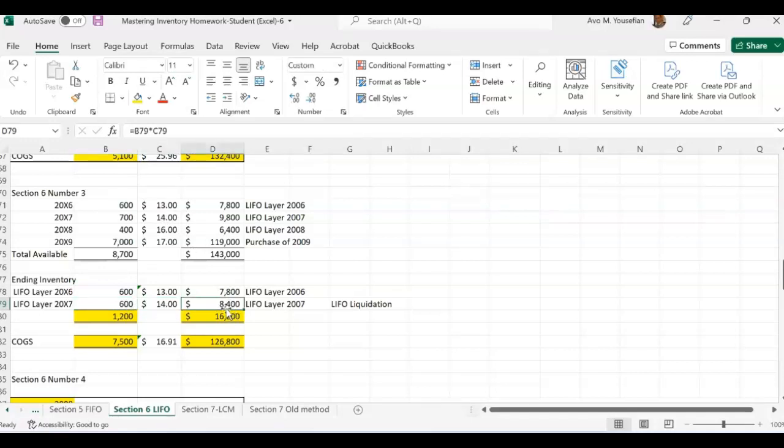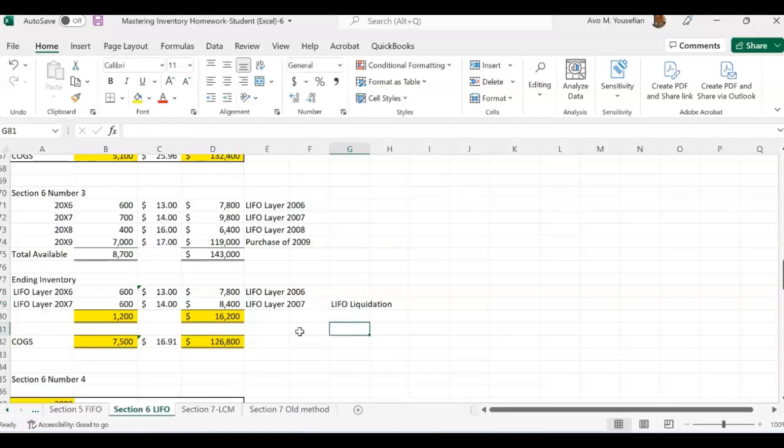If you multiply that, it's $8,400. So from the LIFO layer of 2017, we had $9,800. Now it's only 8,400 left. That means it's a LIFO liquidation. So we liquidated a portion of the LIFO layer of 2017,